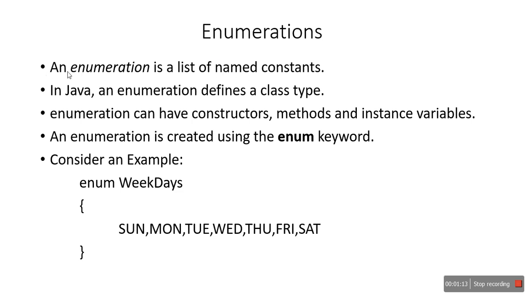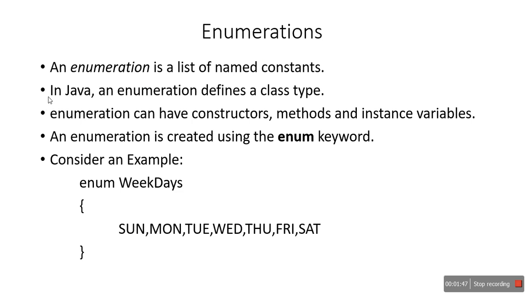In a similar way, enumeration is a list of named constants. The point here is, a list of named constants means a set of named constants. So enumeration consists of a set of named constants. For every named constant, see here in the example Sunday, SUN, MON. This contains 1, 2, or named constants, means a value is assigned for these constants. The value is assigned with respect to every named constant.